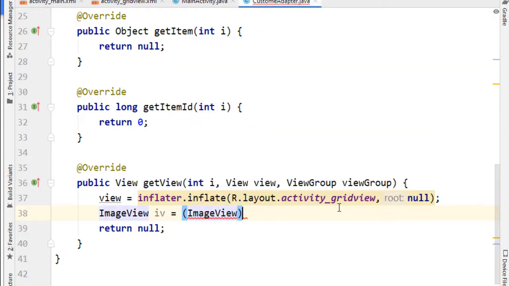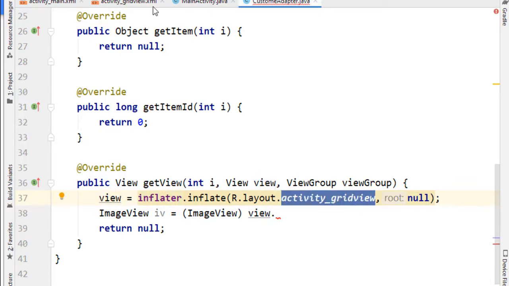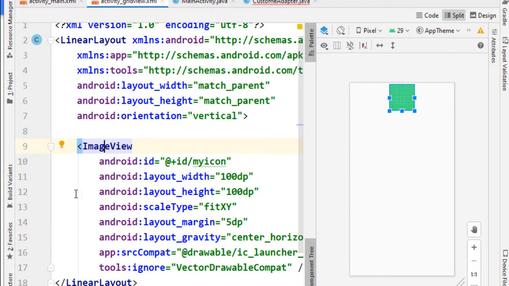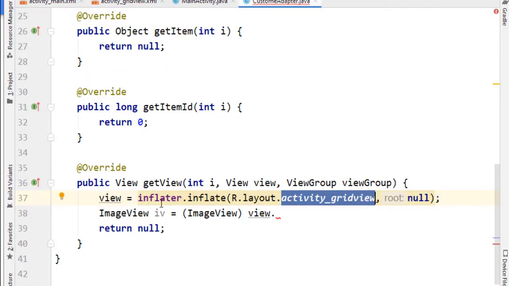First, then I am going to use view because of ये जो बड़ा व्यू है उसके अंदर मेरा माय आइकॉन है। Let me show you. ये जो ग्रिड व्यू है, एक्टिविटी ग्रिड व्यू, let me show you. ये ग्रिड व्यू आ गया। अब देखिए उसके अंदर इमेज व्यू है और उसका नाम माय आइकॉन है, तो वो मैं यहाँ यूज करने जा रहा हूँ। तो ये इसके अंदर आ गया अपना एक्टिविटी अंडर शो ग्रिड व्यू।